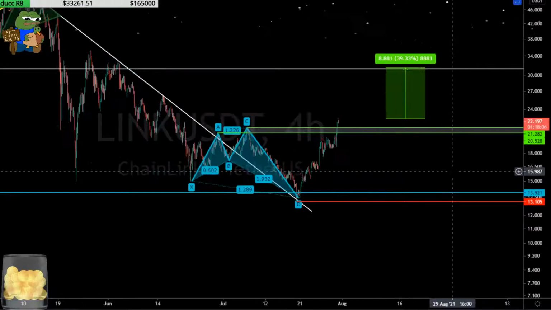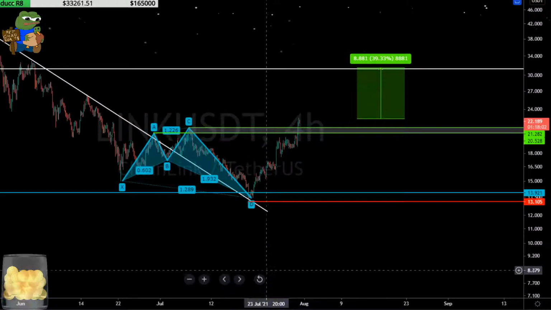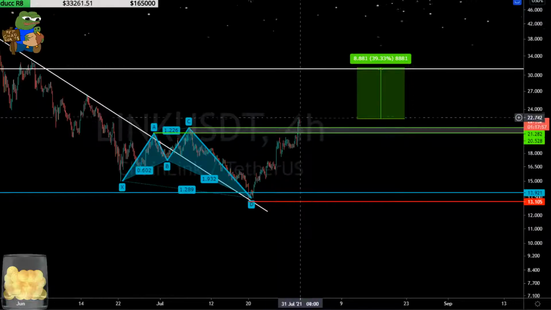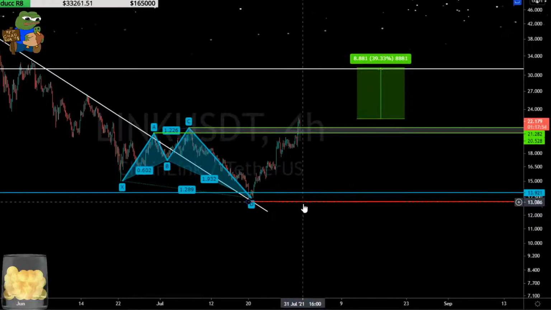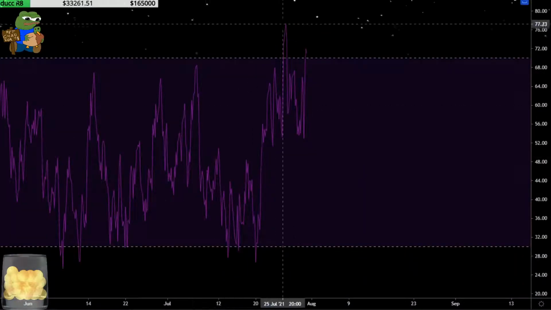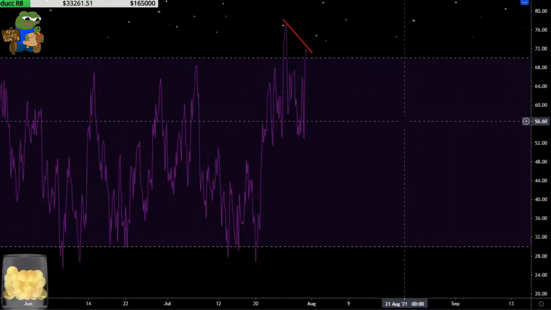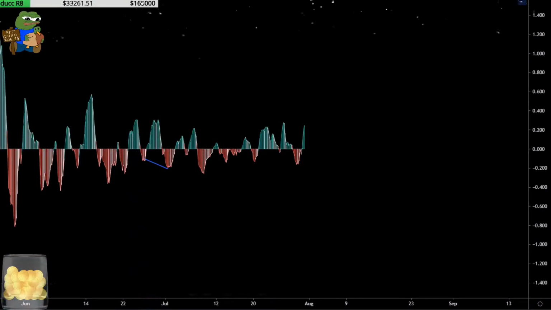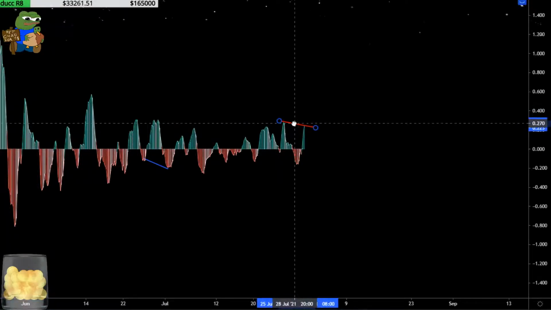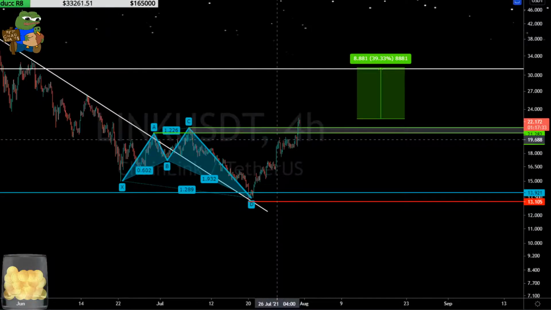All right, Link. So Link has reached the A and the C high of the harmonic. You had this 1.272 D down here, and you've rallied all the way back up, and you hit the A and the C of this harmonic. So again, look at this, at this top area you're building this bearish divergence, and on the MACD, bearish divergence, okay. So watch out on Link, because look, you're at the top here.